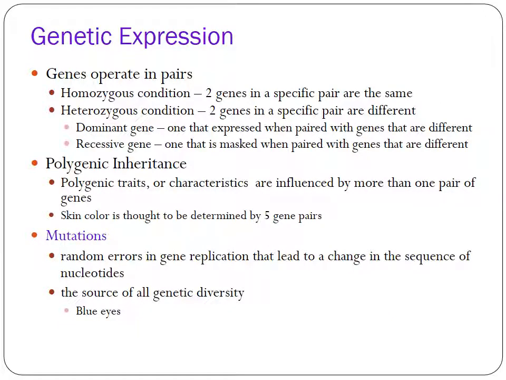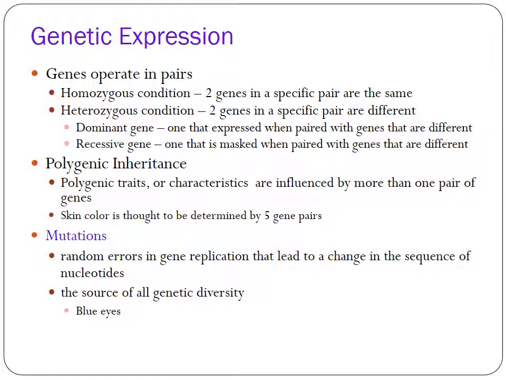You guys should have an idea of heterozygous and homozygous conditions. Anytime you see the word homo, it means same. Anytime you see the word hetero, it's going to mean different. So a homozygous condition would be something like blue eyes, where you would have two recessive genes that cause the blue eye. There's nothing that can dominate them. If you have someone with brown eyes, then they might have a homozygous condition where they have two dominant genes, or there's the possibility that they might have the dominant brown eye gene and carry the blue eye recessive gene, meaning that there's still a good chance that they could have kids with blue eyes.